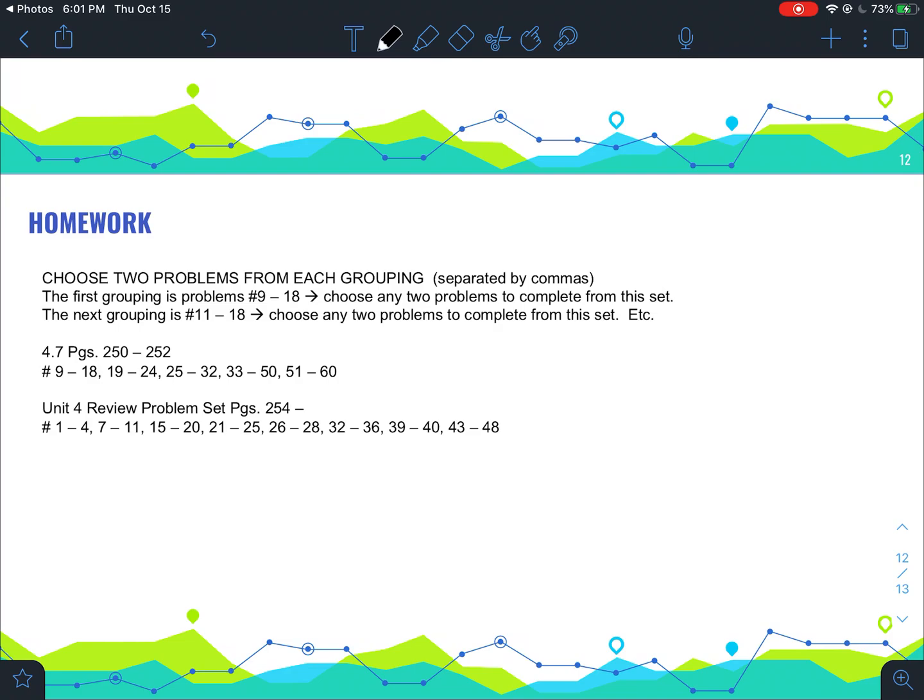So here is your homework. You have some homework questions on what we covered in class today, plus the review homework. So let me know